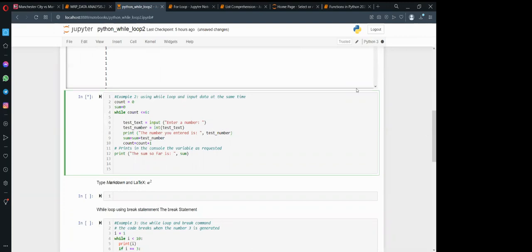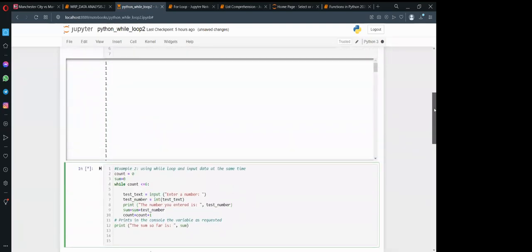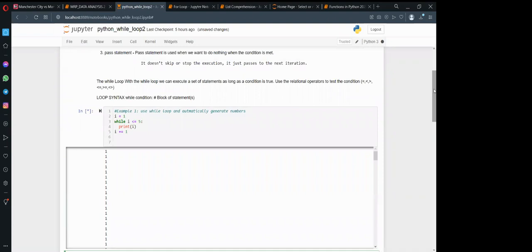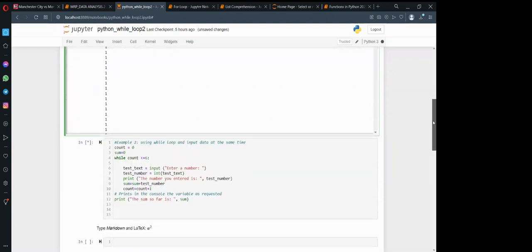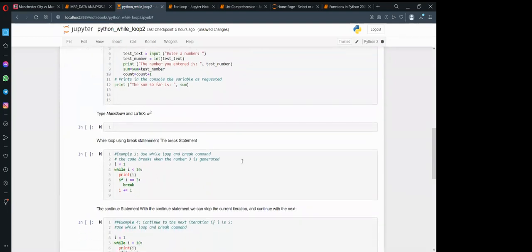Are we together? Yes, we are. I don't know if they're able to try from their computers, or we'll just move on. Because I want to show them the for loop.